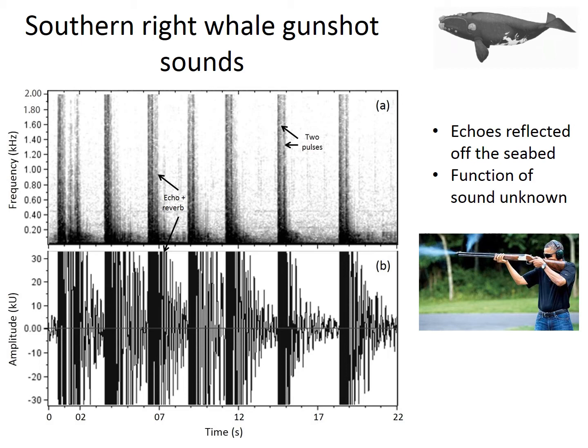These sounds can be detected with just one pulse or two, and they can have as many as 4 pulses. We can see from this case that we detected 2 pulses. What was also interesting, which was not found in previous studies, is that they didn't have the echoes of the sound and the reverberation, which are usually reflected off the bottom of the seafloor, meaning these animals were very close to the recorder. And because these animals were very close to the recorder, we had clipping of the sound.